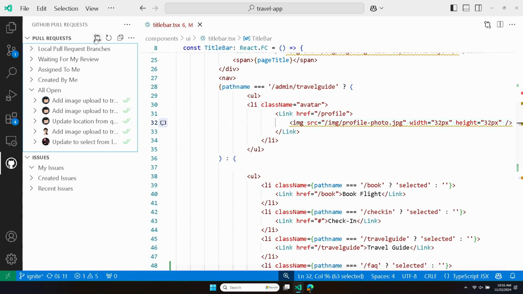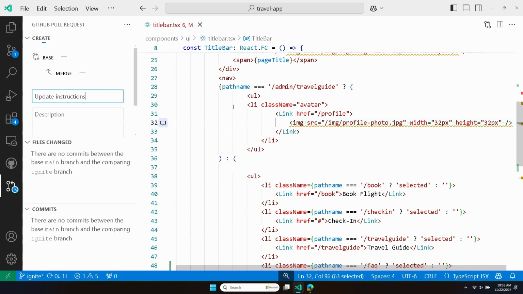And with that, if I wanted to create a new pull request based on the changes I was working on here, you're going to see a sparkle here as well. So again, Copilot's going to help us even generate PR titles and descriptions, speeding up that process a little bit more.